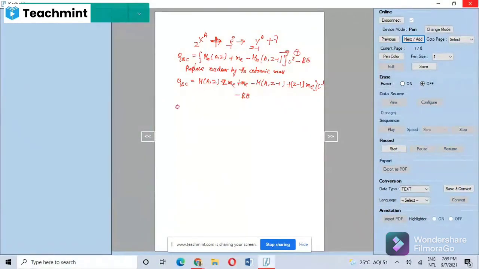So therefore, the energy released in the electron capture Q is equal to